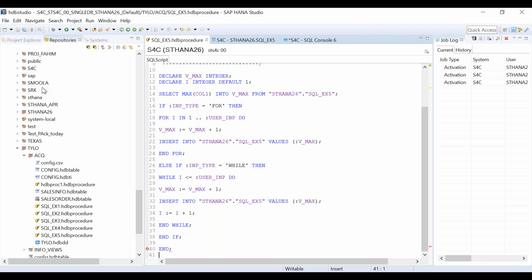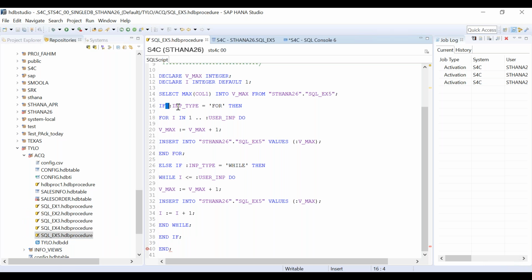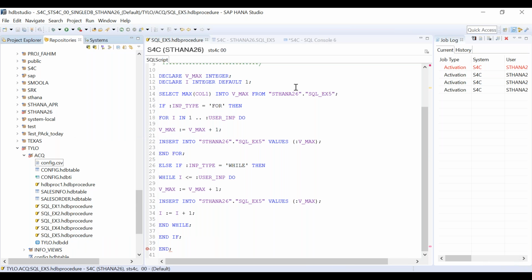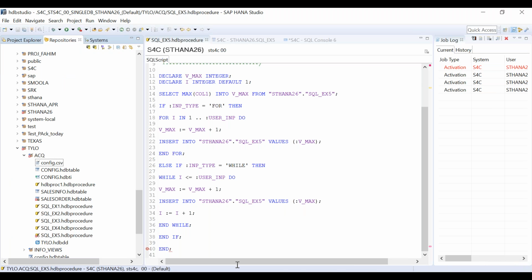Let me activate. Maybe it will go on its own. I think it's fine only. Why is it not activating? No, there's a problem. In line number 40, it is expecting something. And why is that so? Am I missing anything here?